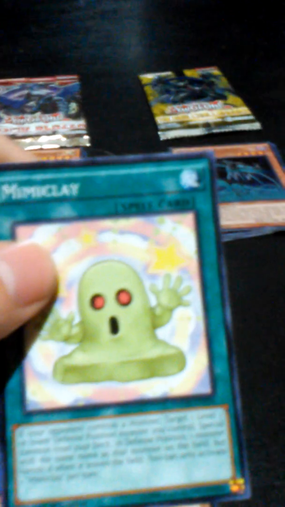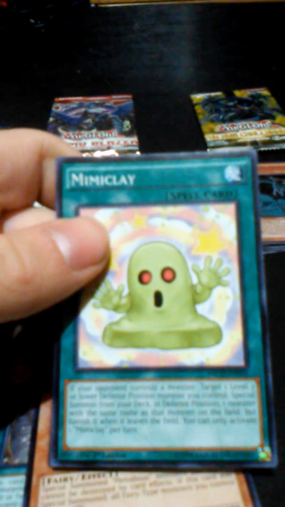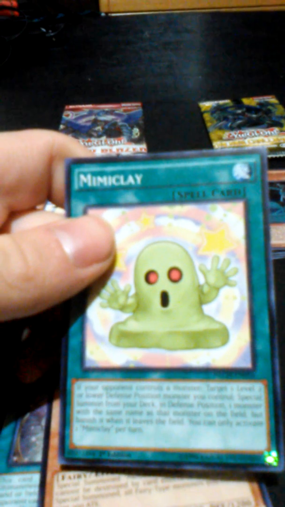A couple more cards here. Mimiclay. Ugh. Use this to special summon a level 2 or lower defense monster. Ugh, I have too many of those already, so...